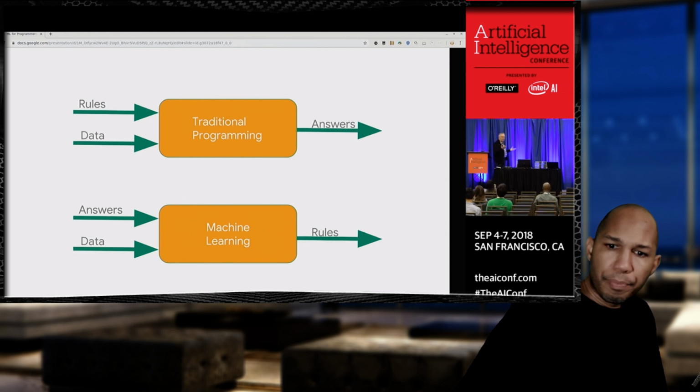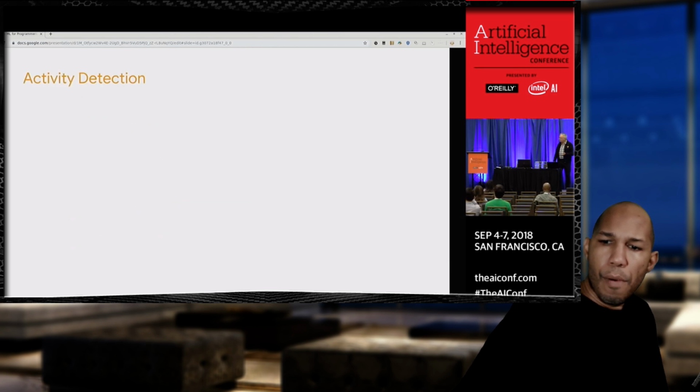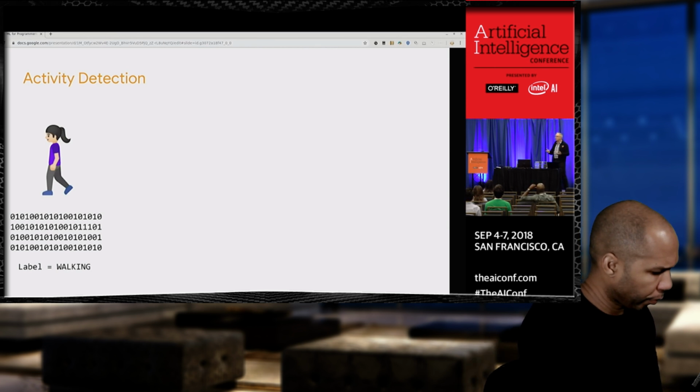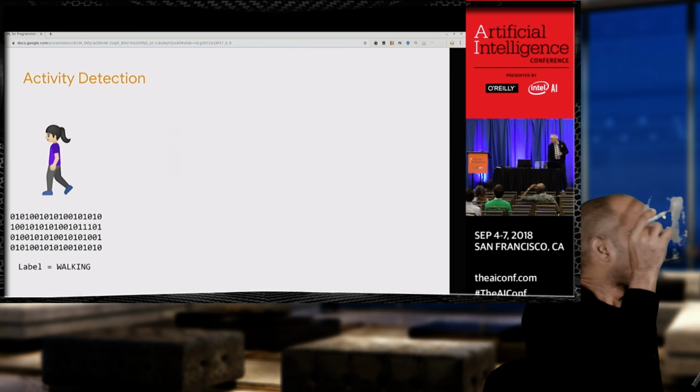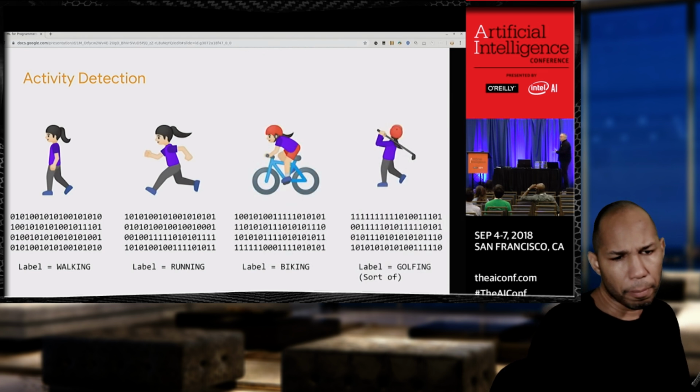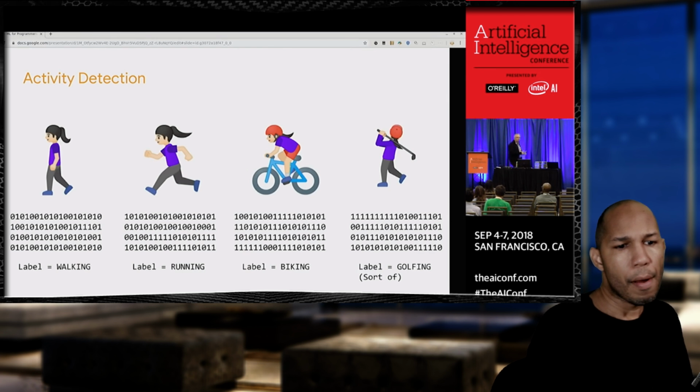So now something like my activity detector for golf and walking and running changes. Instead of me writing the code for that, I would say, OK, I'm going to get lots of people to walk. I'm going to get lots of people to wear whatever sensor it is, maybe a watch or a smartphone in their pocket. And I'm going to gather all that data, and I'm going to tell a computer, this is what walking looks like. I'm going to do the same for running. I'm going to do the same for biking. And I may as well do the same for golfing. So now my scenario becomes expandable, and I can start detecting things that I previously would not have been able to detect. So I've opened up new scenarios that I previously would not be able to program by using if-then rules